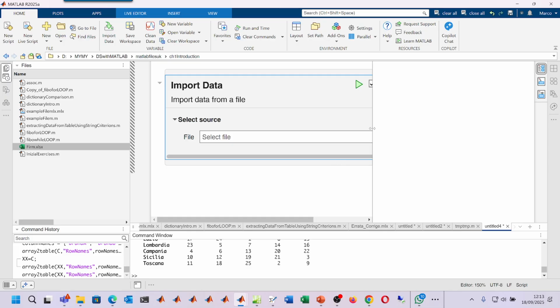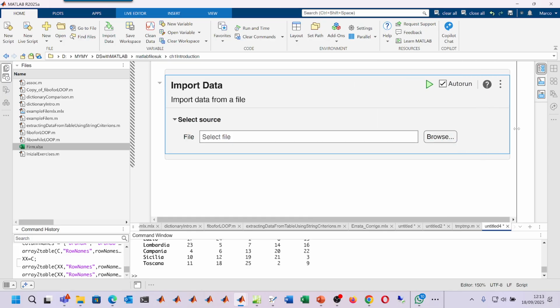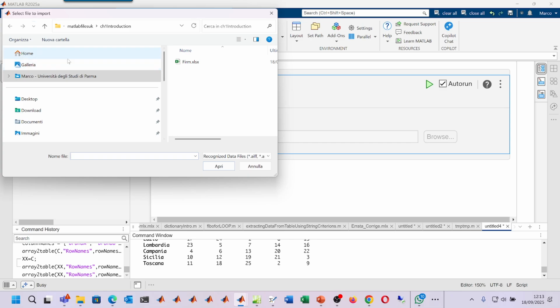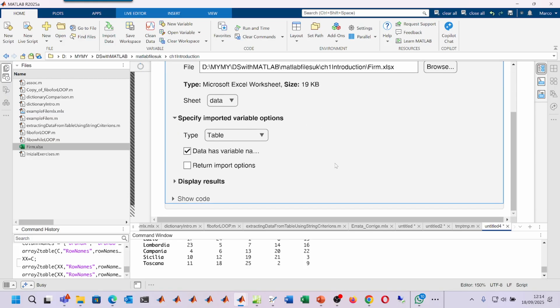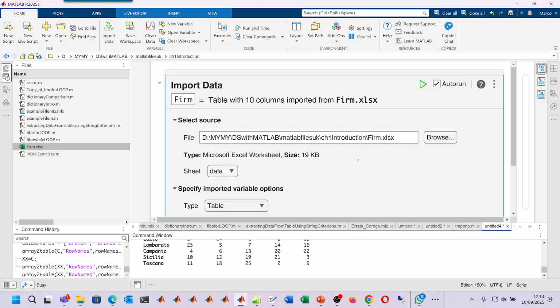You know, and this is the power of MATLAB. It automatically creates a graphical user interface that lets you input the file. Select the file, browse, firm.open, okay. Now